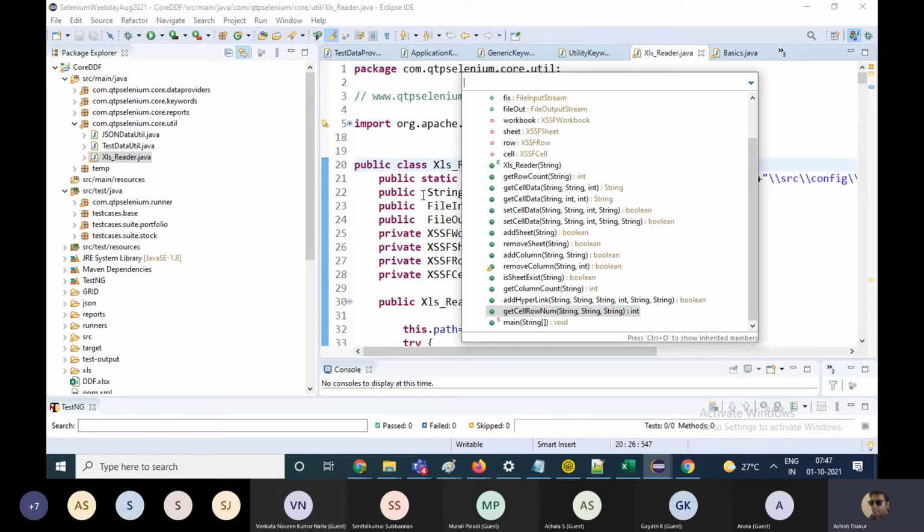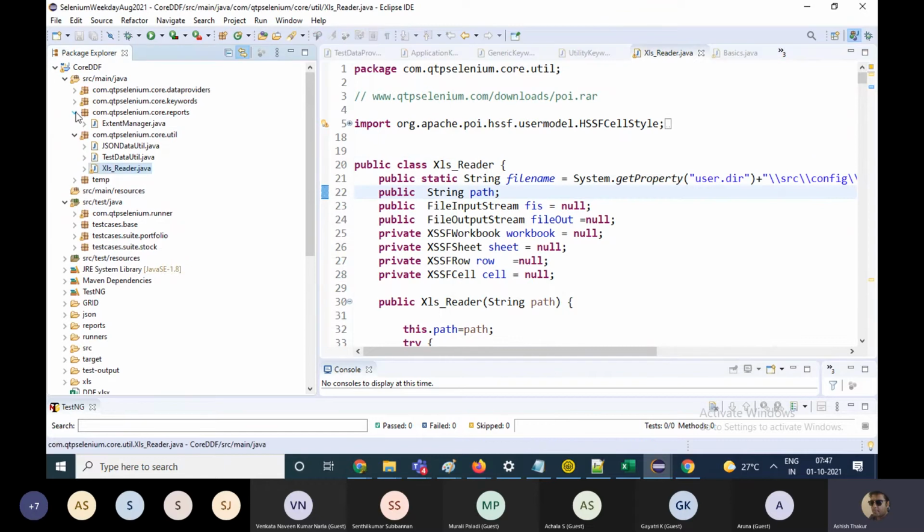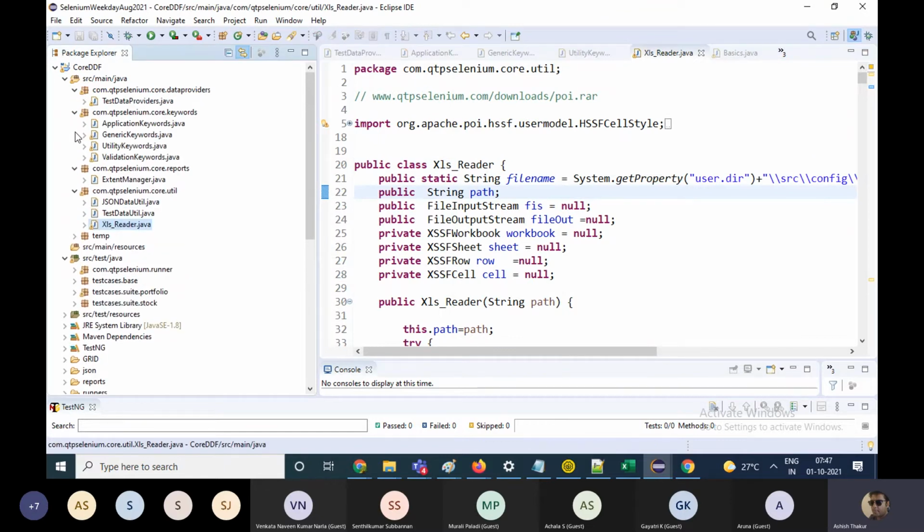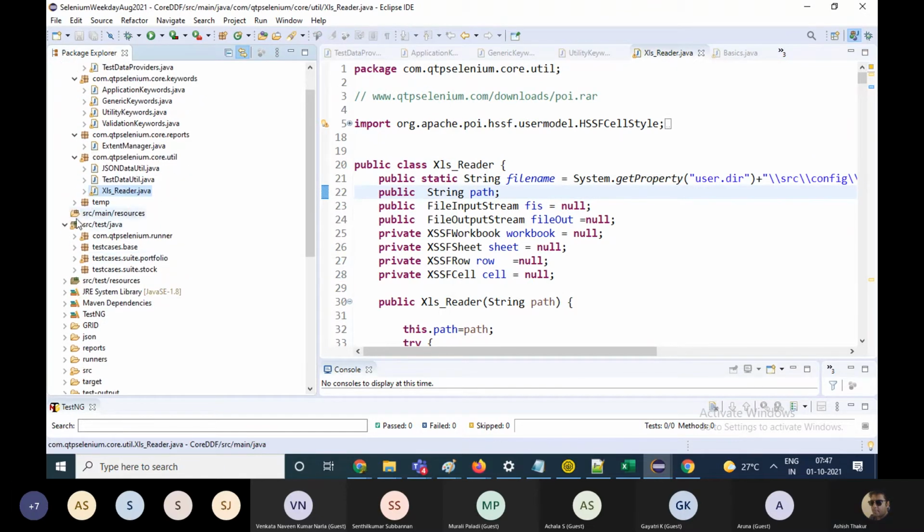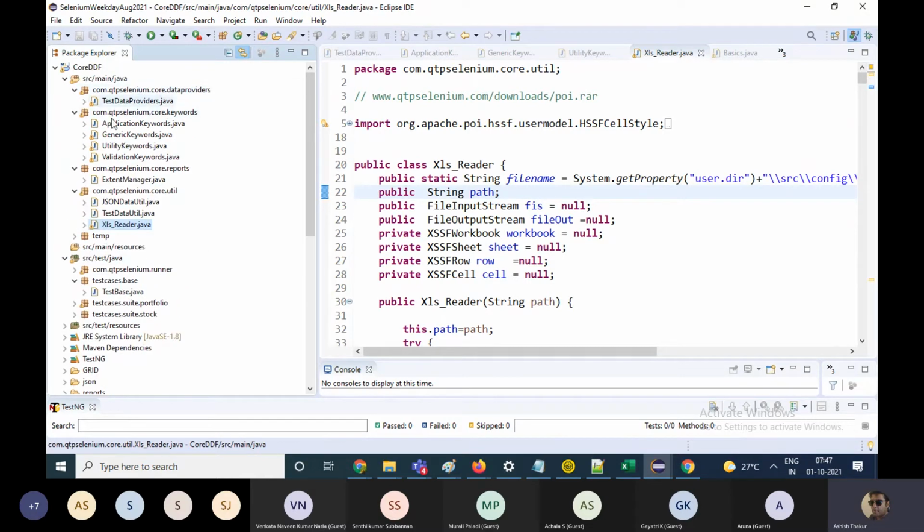Sometimes you have a big project and you really don't know where the file is. You're looking for, say, the test base class and you really don't know where this class is.